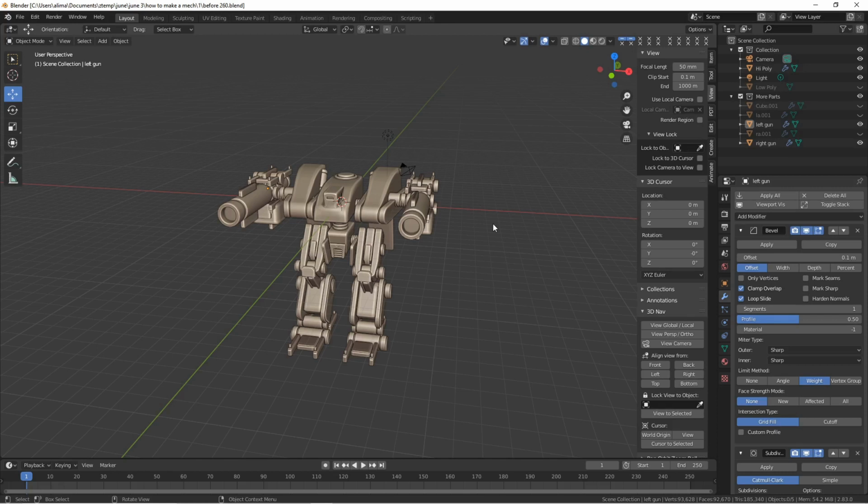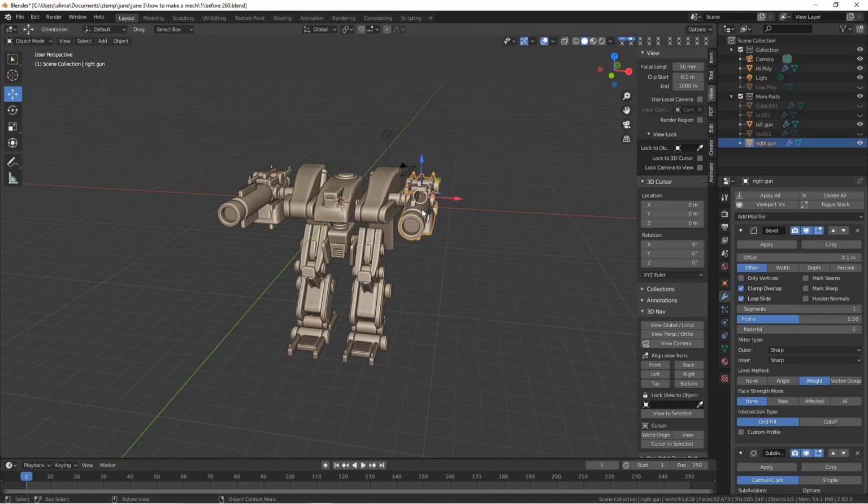How do we keep this level of detail and be able to use our mech for animation? And the way we can do that is we can use this to bake a normal map to the lower poly mesh. So, for instance, as a matter of fact, saying that,